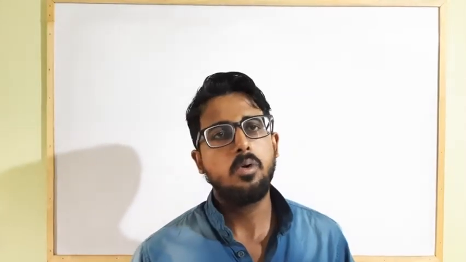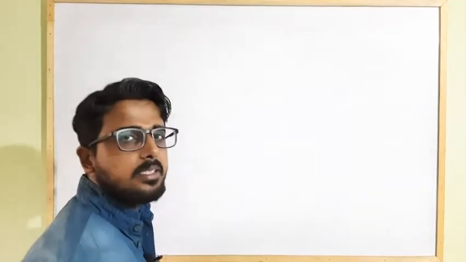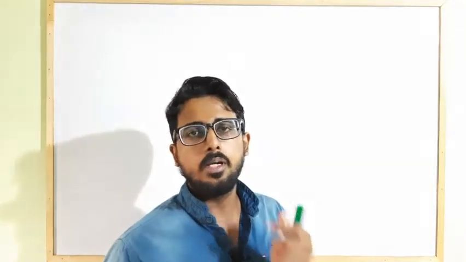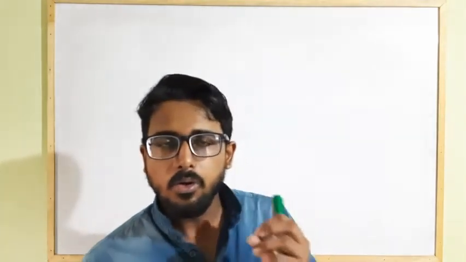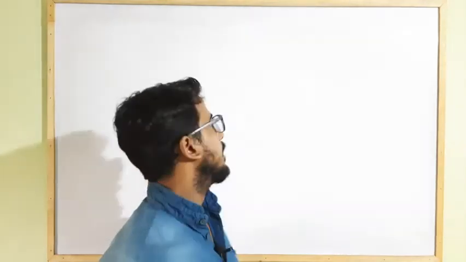Hello students, in the last class we already discussed Ampere's circuital law: some notes regarding it, when and how we have to apply it, and some applications. We used Ampere's circuital law to calculate the magnetic field strength at different points due to a long straight current carrying conductor of infinite length, a hollow current carrying conductor of infinite length, and a solid current carrying conductor of infinite length.